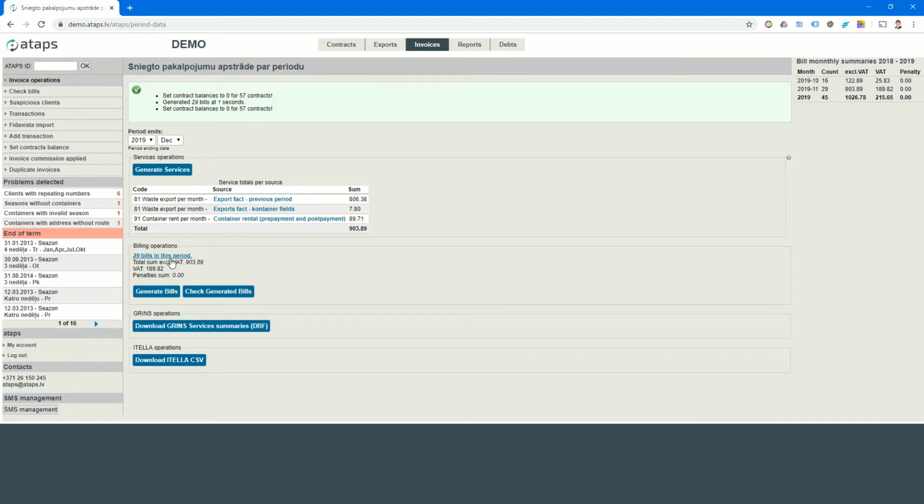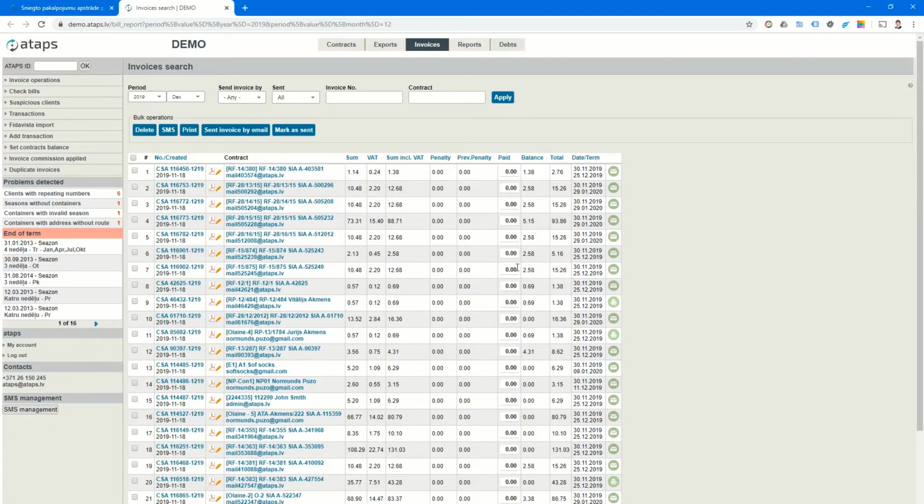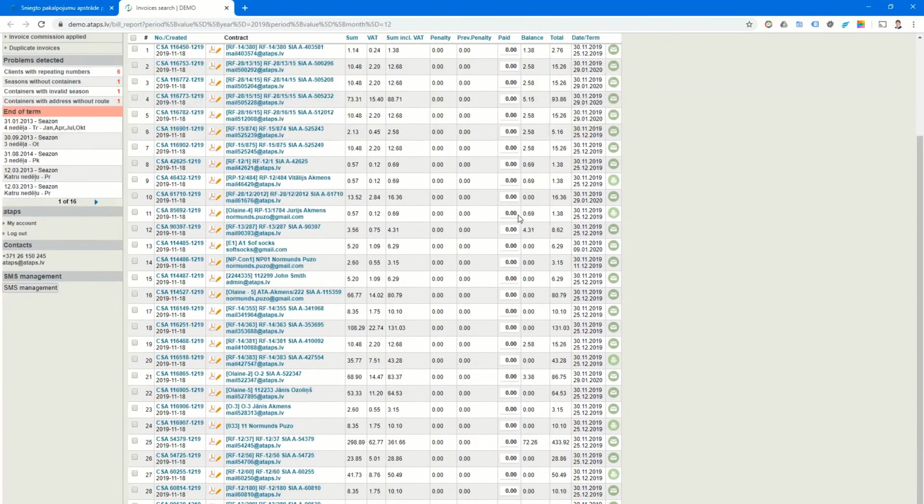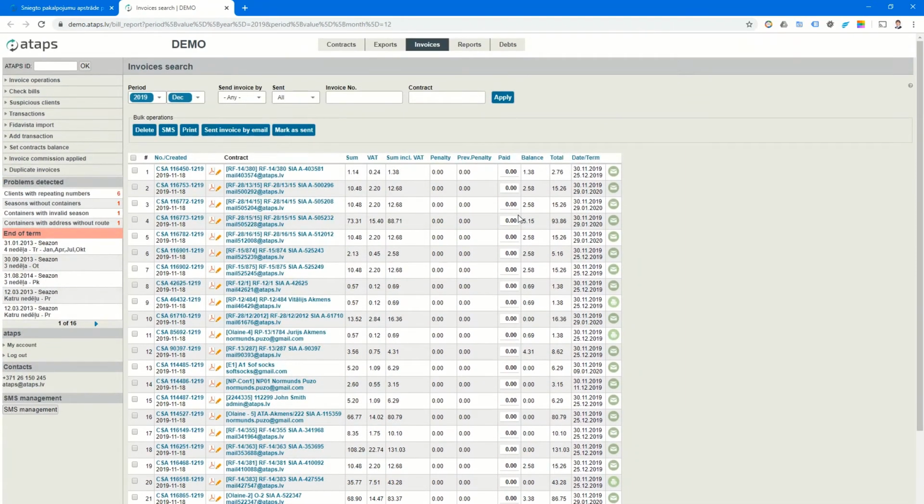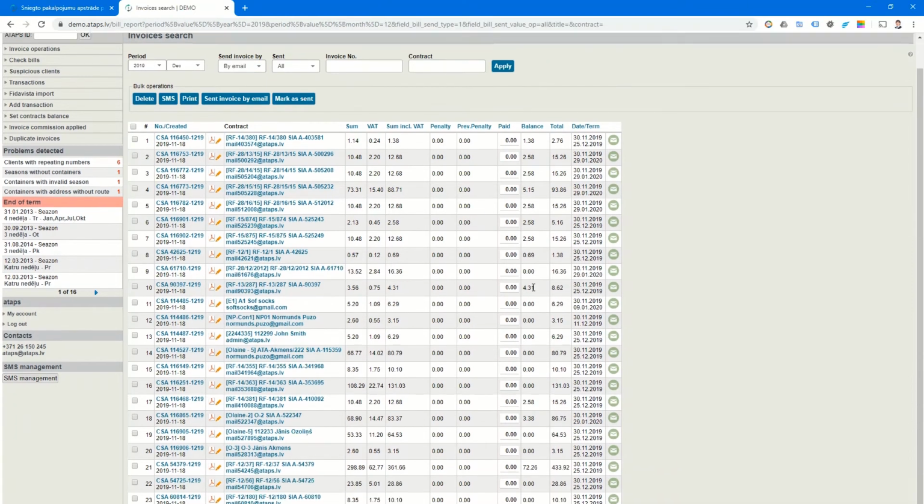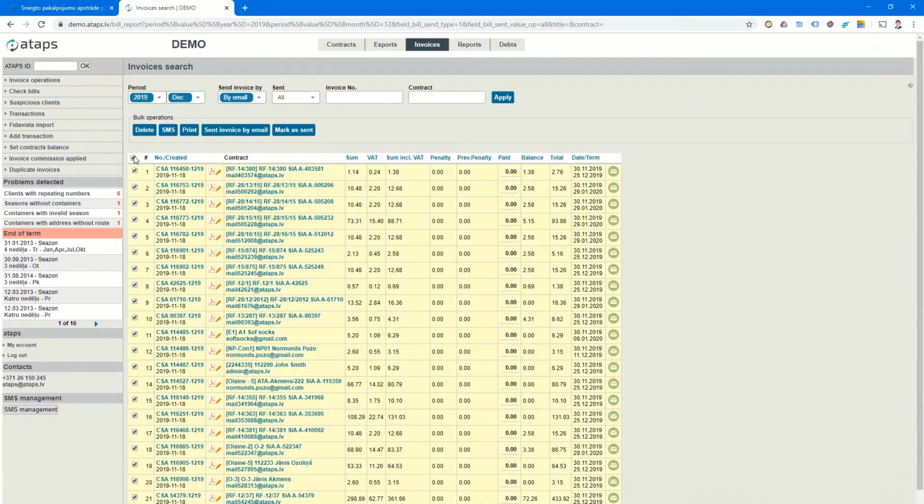Okay, let's look at the bills list, how it looks like. Here we can see all the bills generated within this period, and we can now use the system options to deliver them to the clients. The first one is to deliver them by email. Then we can select all the clients which are marked in the contract that they want to receive the bills by email. We can select them. We can mark them,